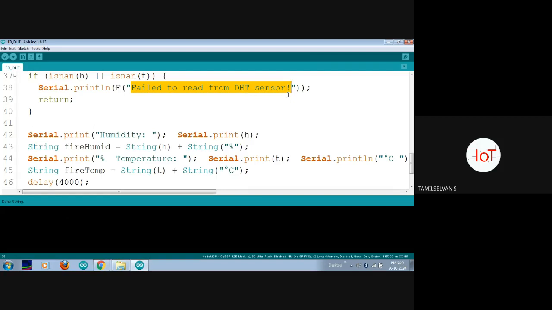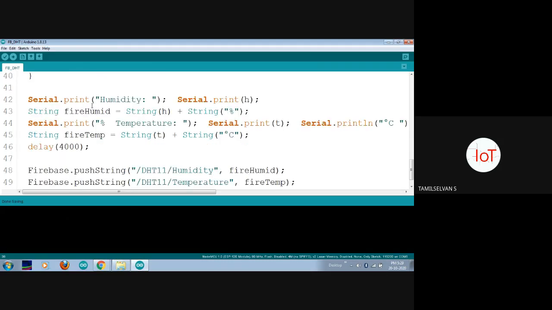If I remove the DHT sensor from my breadboard, then automatically this line will be printed. And next one, if I'm getting a successful reading and I want to display the data, I have to use the Serial.println command. So I'm printing humidity, and I'm just printing my humidity value.